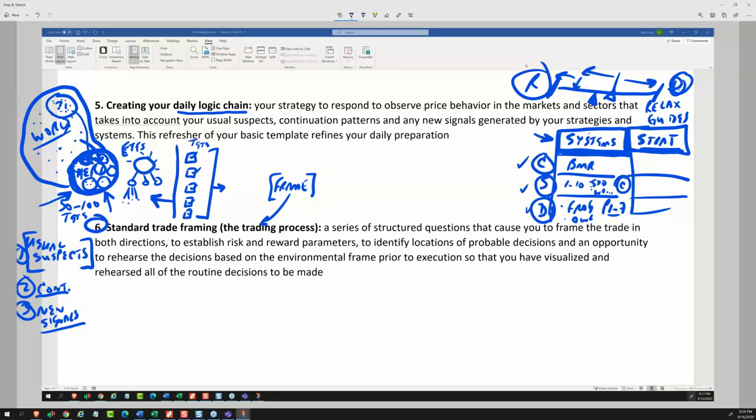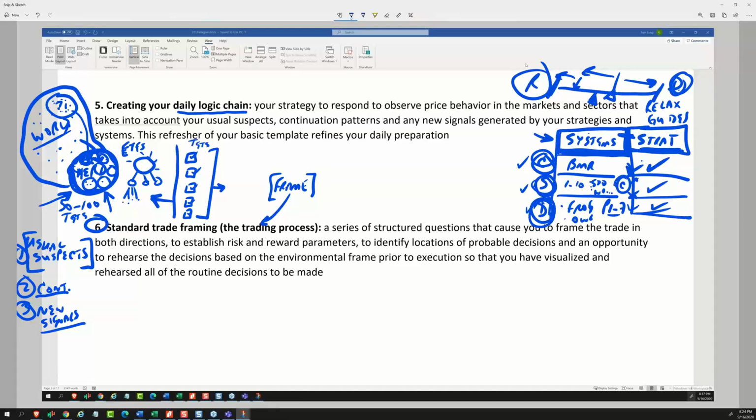So we have strategies for the longer term systems, for swing patterns, and for day trading. And the beauty is that these are all fractal. So the patterns that you learn in any time frame, core, swing, or day, can be applied to any time frame and can be modified for systems and strategies.